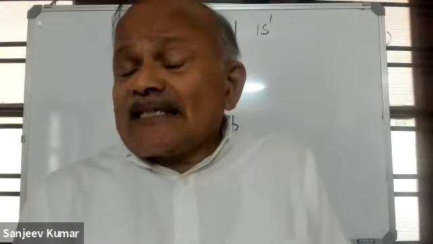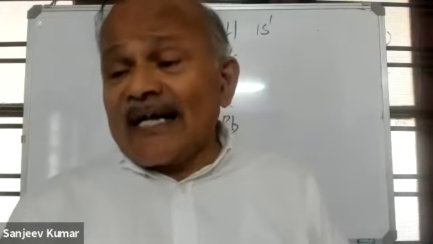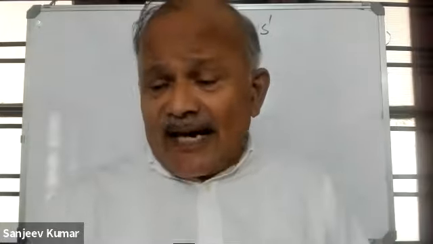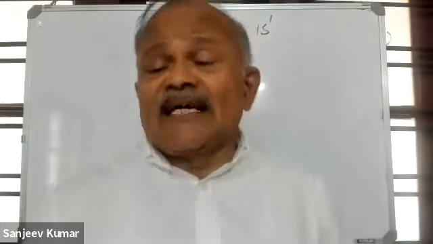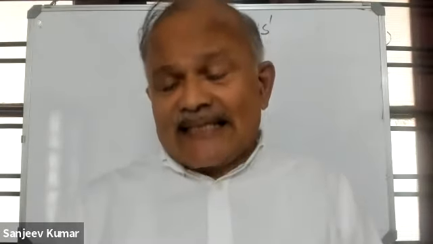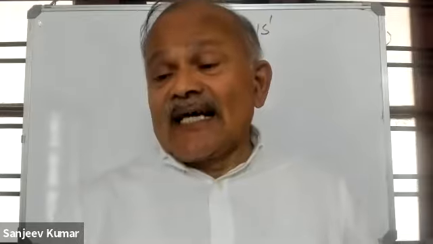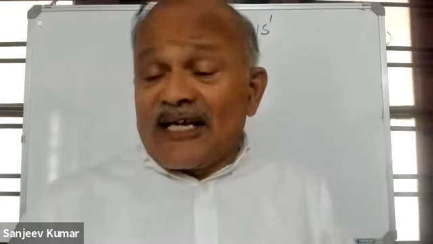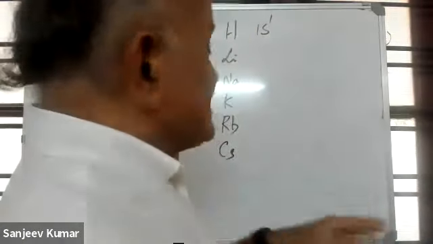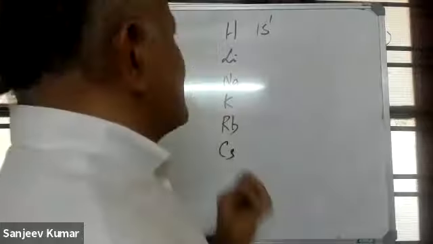And alkali metals can combine with halogens to give ionic halides, that is lithium chloride, sodium chloride, potassium chloride, etc. Hydrogen can also combine with halogens to give HF, HCl, HBr, etc. But they are not ionic as in the case of alkali metal halides. HF, HCl, etc. are more covalent in nature. And another deviation is, alkali metals are solids, but hydrogen is a gas, and it is a